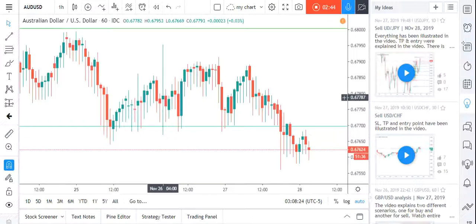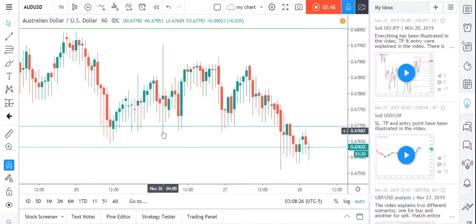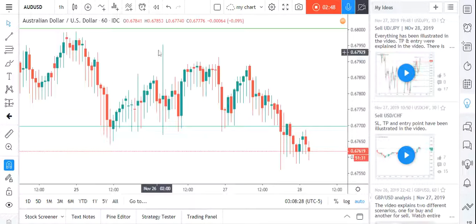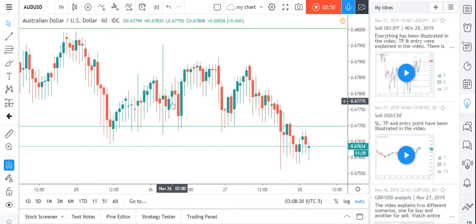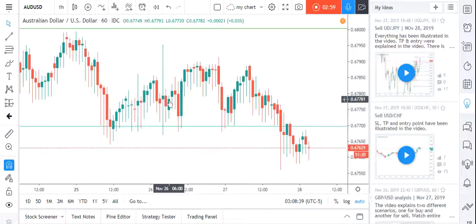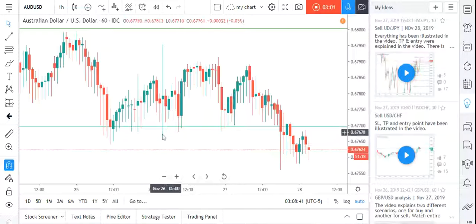So after a fall, after making this downside wick, an upside wick was created, and if his statement were still effective in the market, AUD USD should not have fallen, at least should not have closed below this